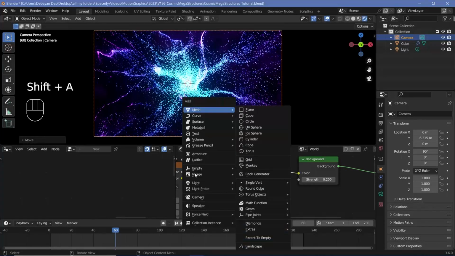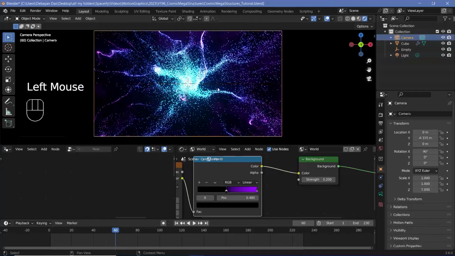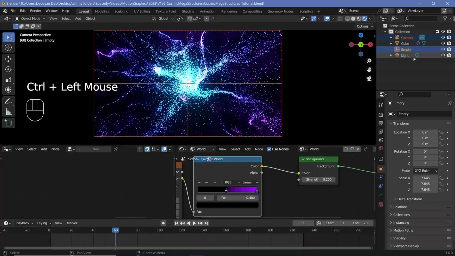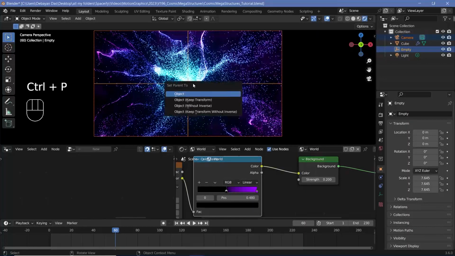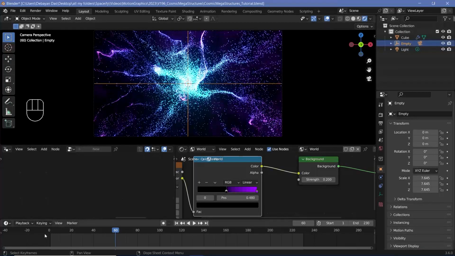I'll press Shift A, search for an empty plane axis, and I'll scale that up. Then I'll select my camera, Shift select the empty, or Control click the empty if you're selecting them from the outliner. Then press Control P and set parent to object. Remember, while pressing Control P, you have to bring your cursor to the 3D viewport. Now the camera is a child of the empty, so you can select only the empty and go to frame